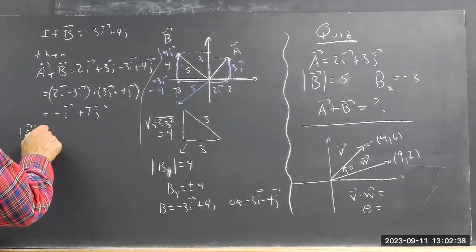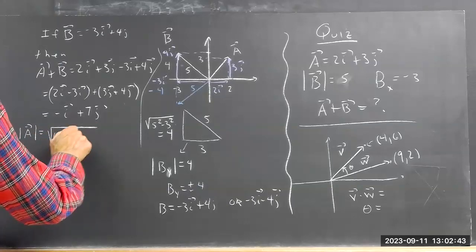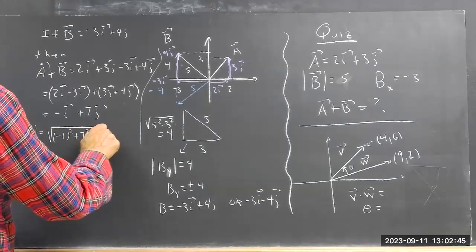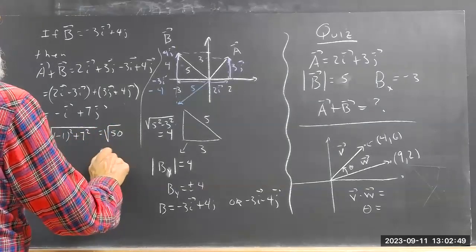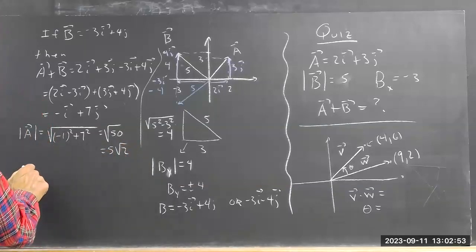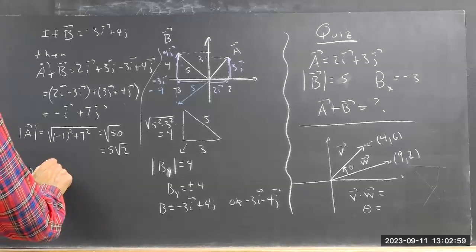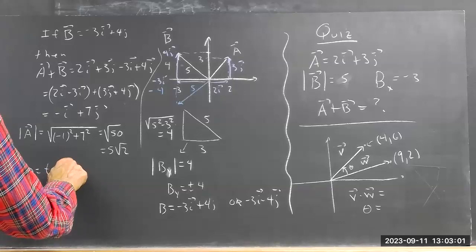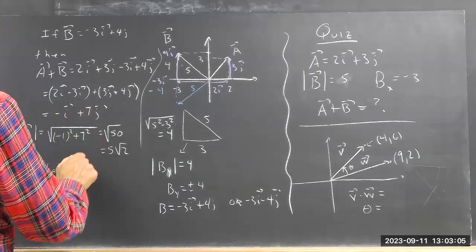We can say the magnitude of a is the square root of negative 1 squared plus 7 squared, which is the square root of 50, which is 5 times the square root of 2. And the angle, which I'll just implicitly call theta, the inverse tangent of the y component